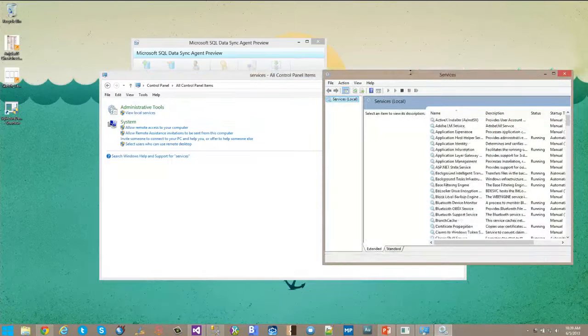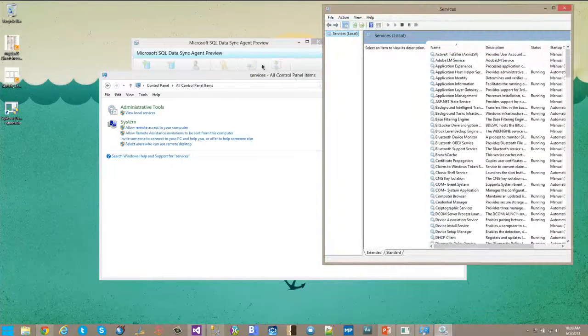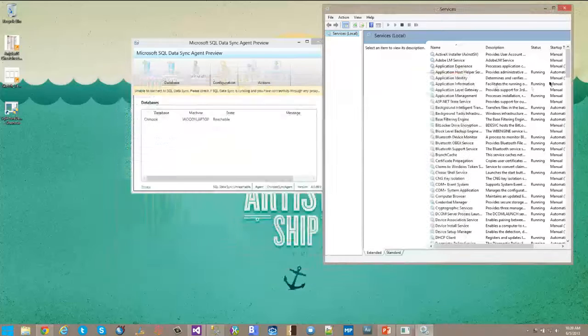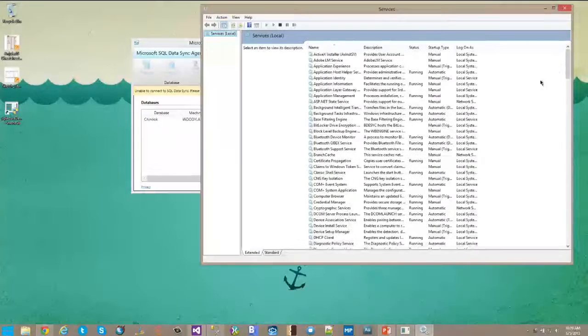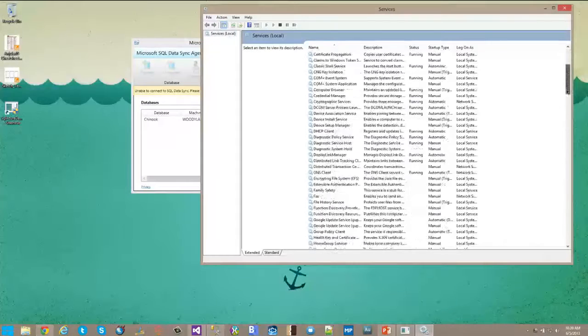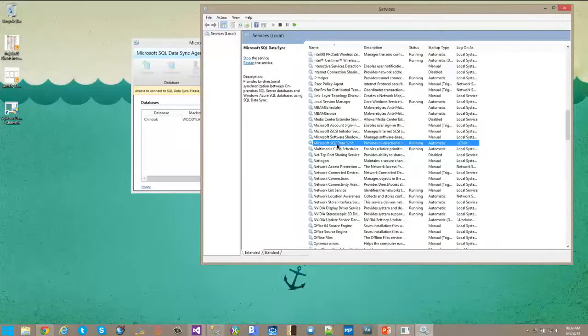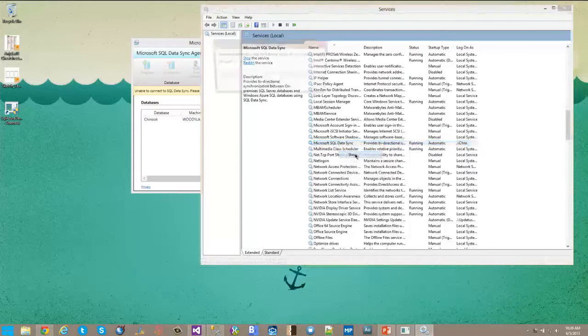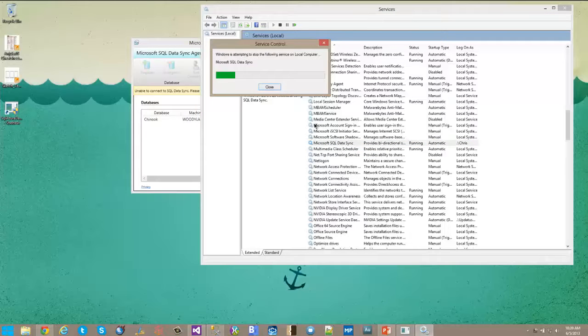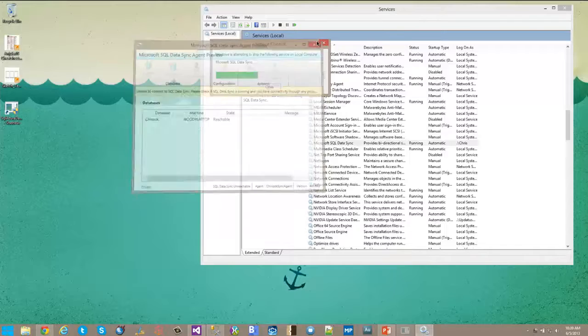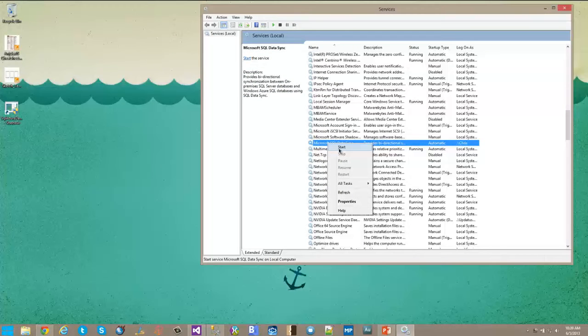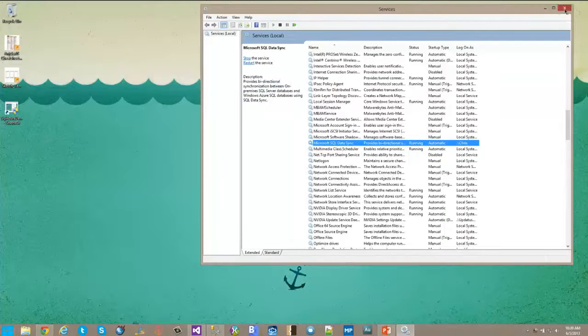So if we take a look at services, this service will exist down in the list as a Microsoft sync, and I don't know why it says it's running. So let's stop it and restart it and see what we have, because I want to show you guys what this looks like running correctly. Okay,